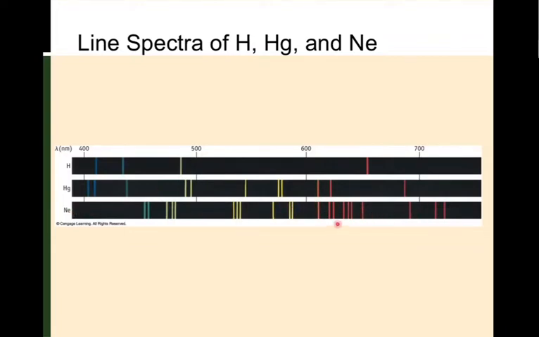Some of the lines are similar, but ultimately there are enough of them that are different that you can form a fingerprint. It's like our fingerprints, some of them have maybe similar lines to other people, but whenever you put the whole thing together, you'll see that each